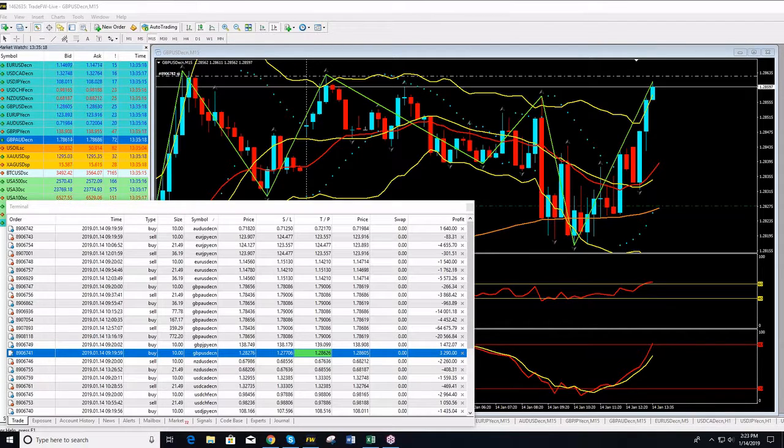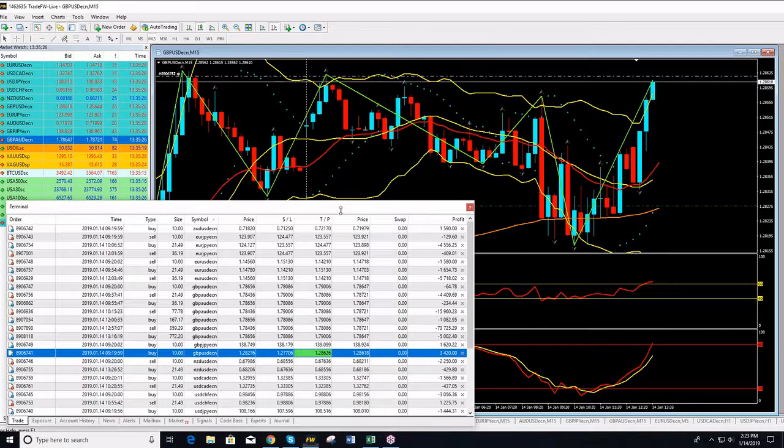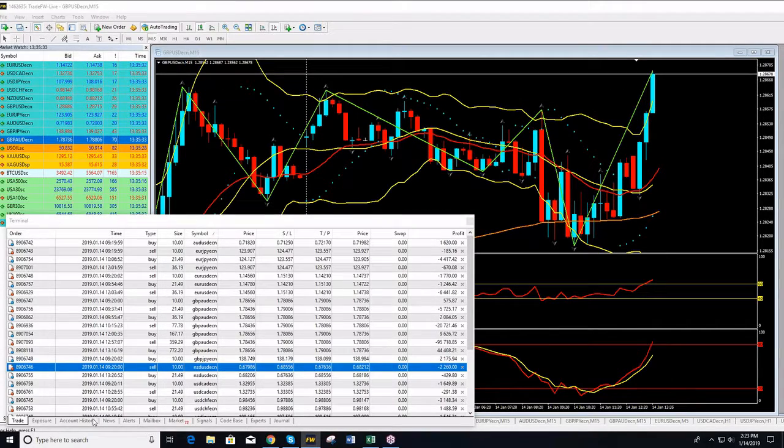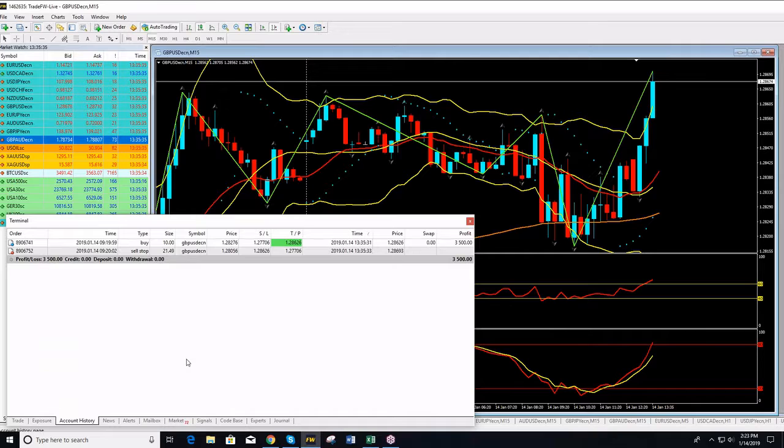There we go. Get ready for the first take profit of the day, guys. Pound dollar, just a few pips away from our take profit level. There we go. Let's see, guys. There, 0.3 pips, 0.2 pips, 0.1 pip. There we go, guys. We just closed our first trade for the day,